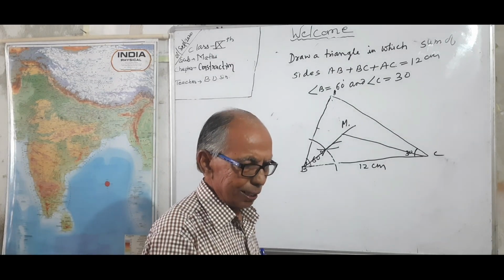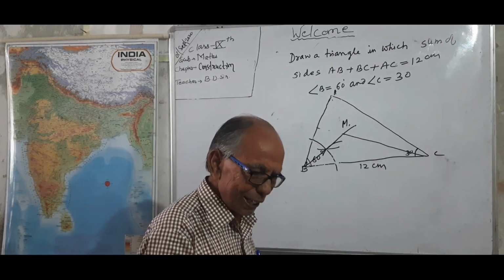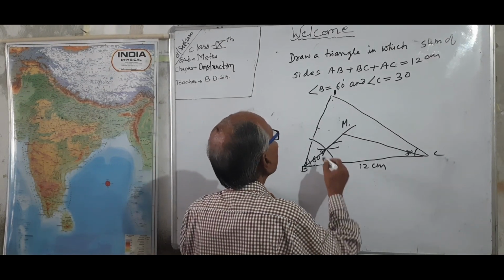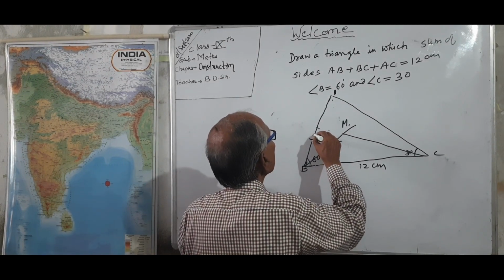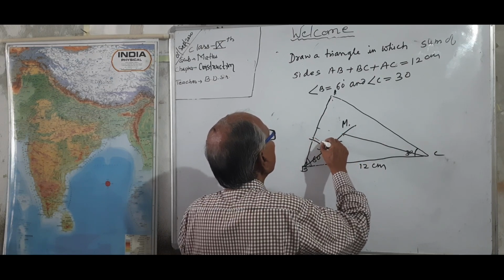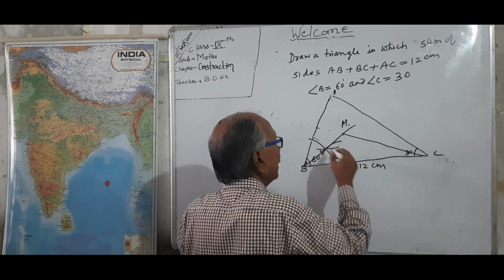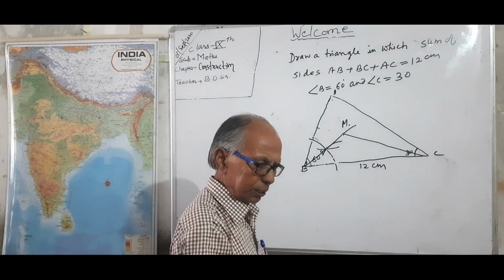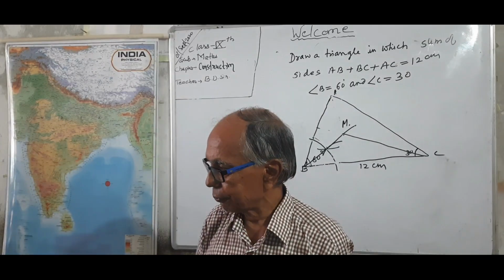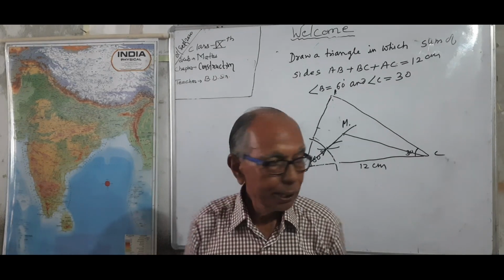There are two methods to draw a parallel line. The first method was we have to make a corresponding angle, meaning an angle on the opposite side equal to this angle, and the same case. But this time this process is not adopted. The second process is